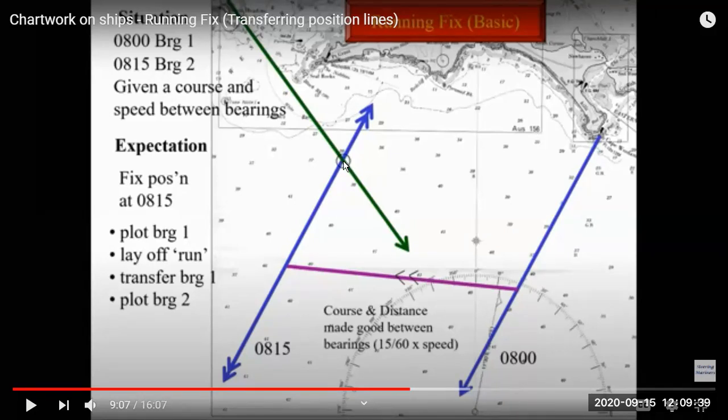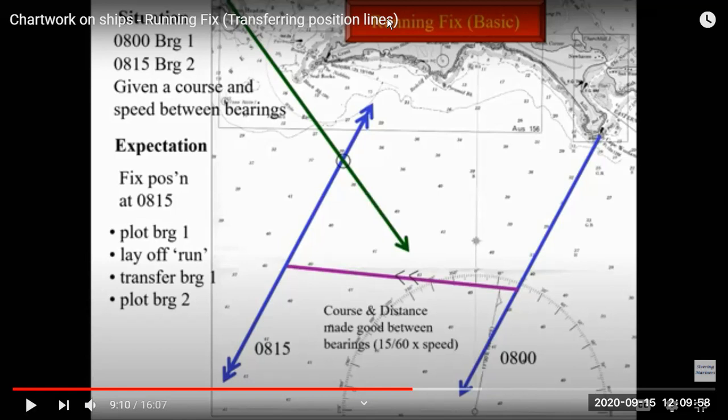Now if you want the initial position, transfer the course line, the course and distance, from the final back to the initial, and you will get the initial position at 0800. So this is a running fix.